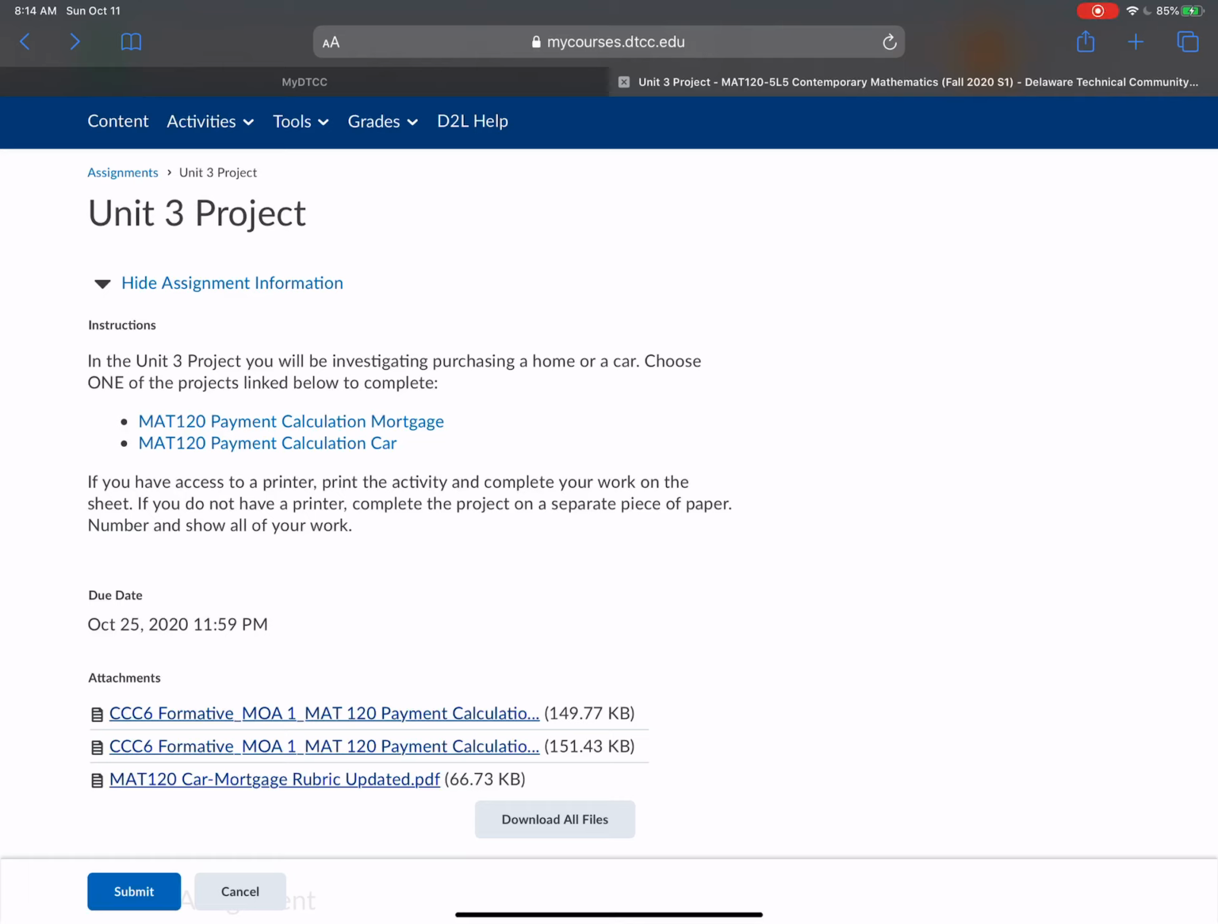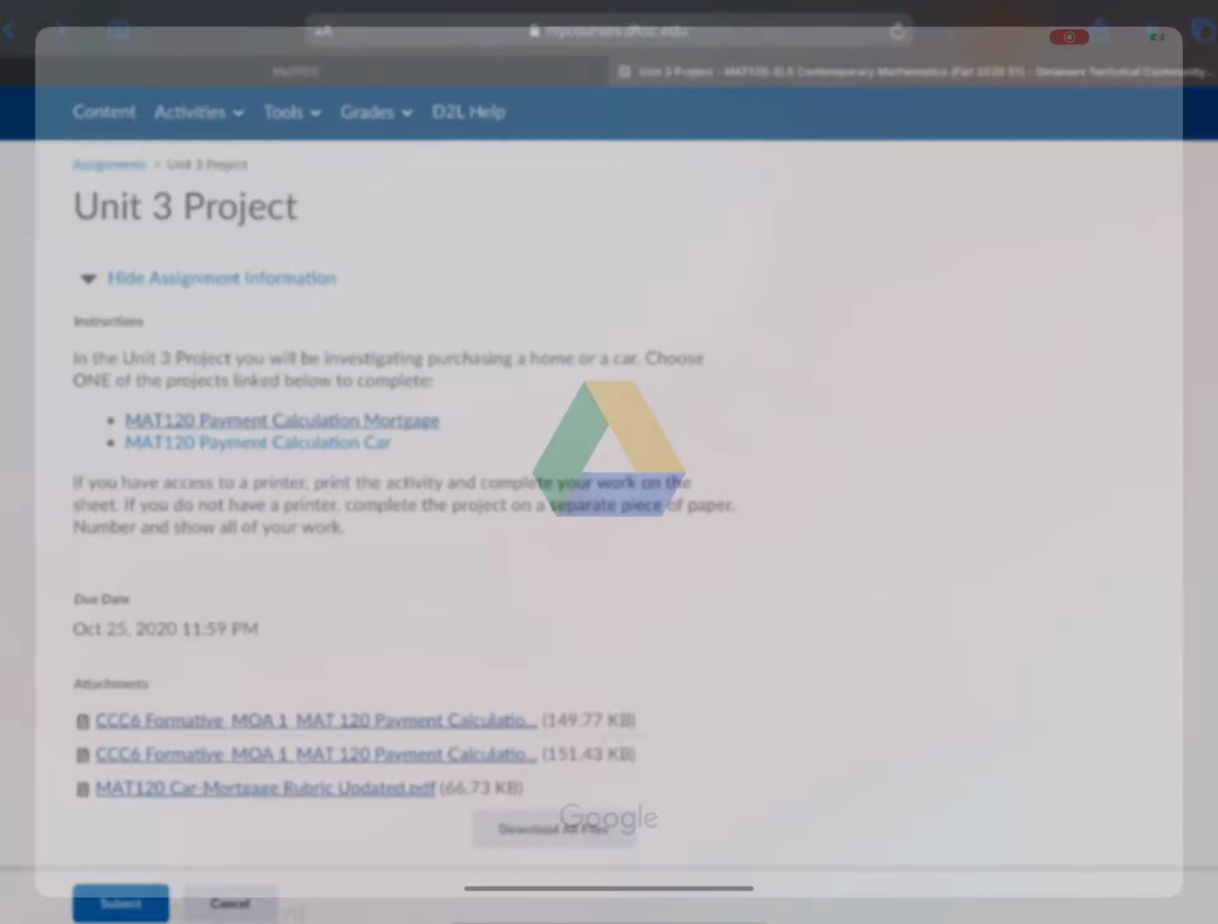In the Unit 3 project, you'll be investigating purchasing a home or a car. Notice you only have to choose one of the projects linked below. Please do not complete both projects. Choose one that you want to complete. So if you choose the mortgage, which is purchasing the home,